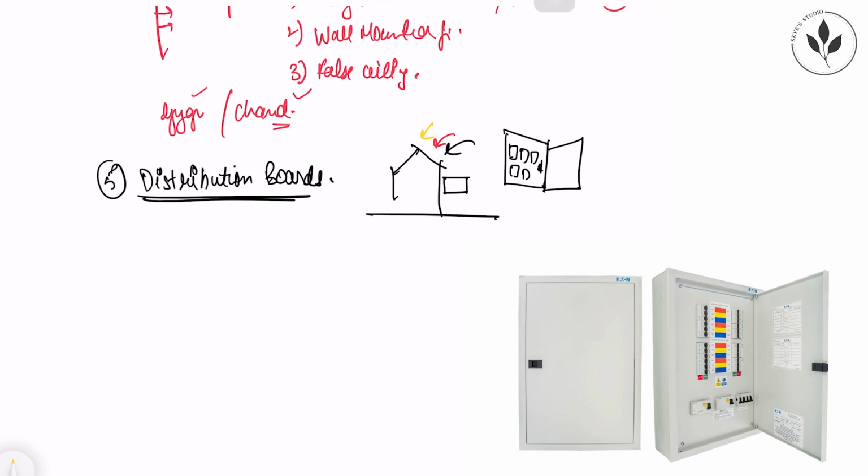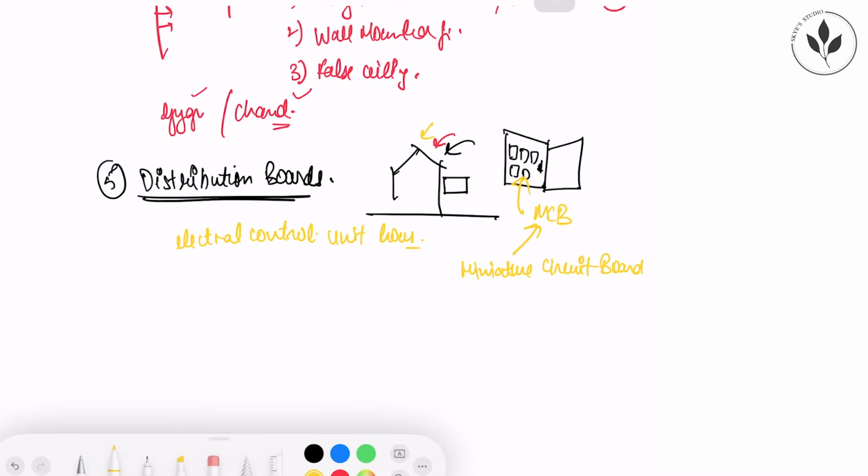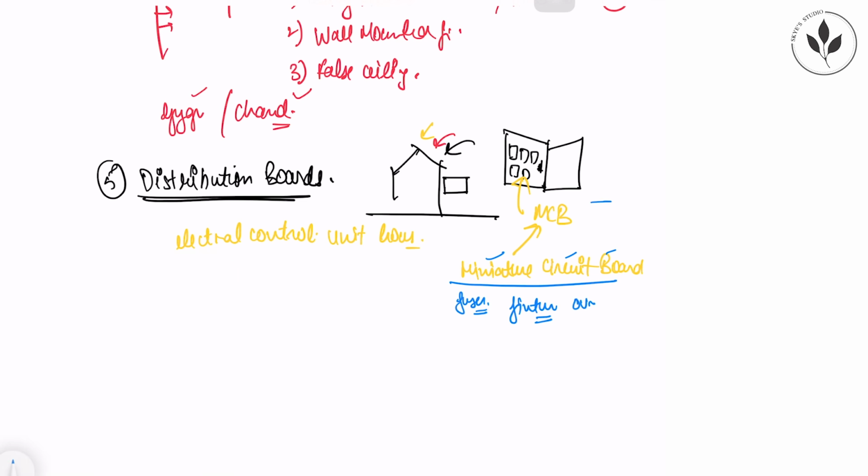So distribution board is basically the electrical control unit of the house, which consists of all kinds of MCBs. The full form of MCB is miniature circuit breaker. As the name says, it is a small mini circuit breaker which has small fuses inside it, and every MCB is attached to an appliance or a socket or a fixture. And if any fixture or any socket gets overloaded, this MCB, which is T-shaped, it fuses and